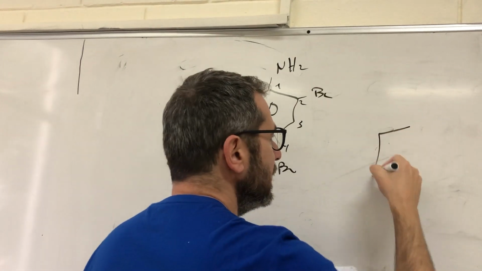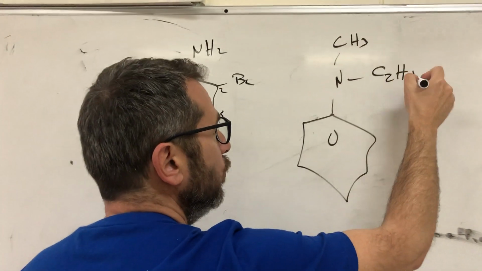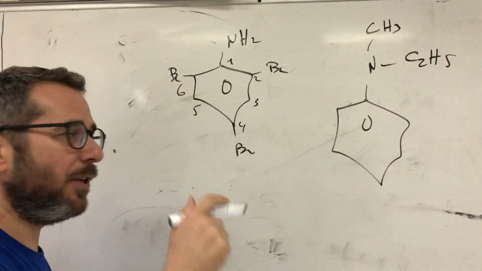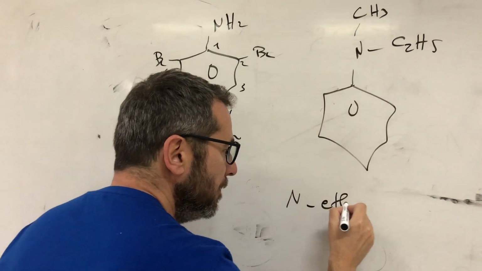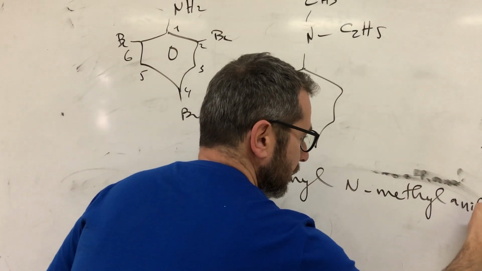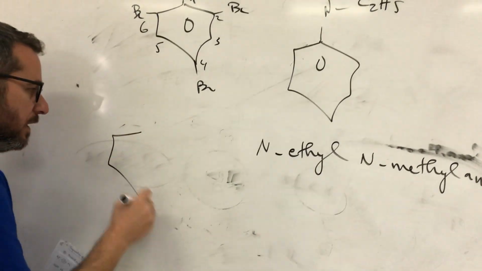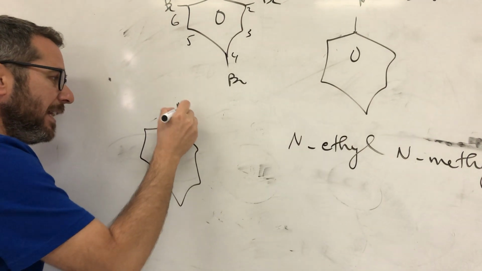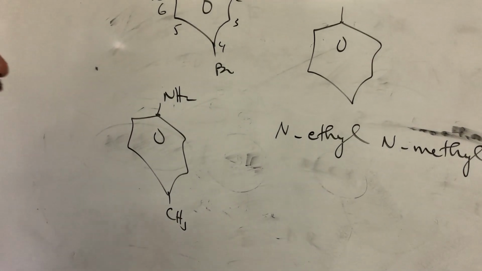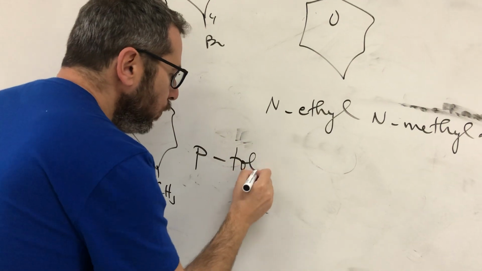If I want to name, for example, this one, NCH3, C2H5. It's also aniline, but with substitution on nitrogen. In this case, we use N, the letter. So it is N-ethyl-N-methylaniline. Okay? We have a common name that you need to know. If you have NH2 with CH3, an amino with a toluene, this is called toluidine. So in this case it is para, we can have the ortho and the meta toluidine.